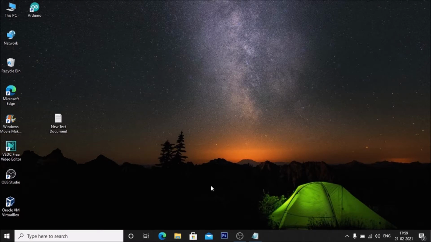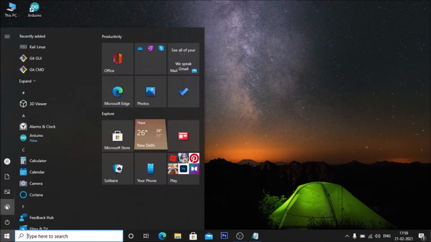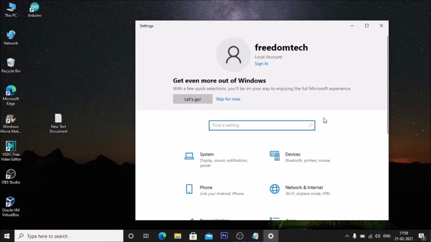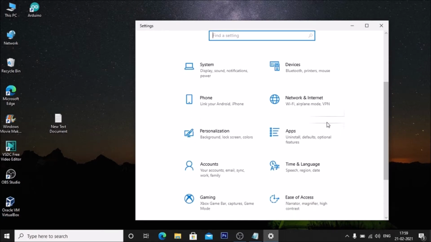So let's start. First, friends, we need to enable the Linux subsystem for our Windows 10. Simply click on Start, go to Settings, and here we need to go inside Apps.